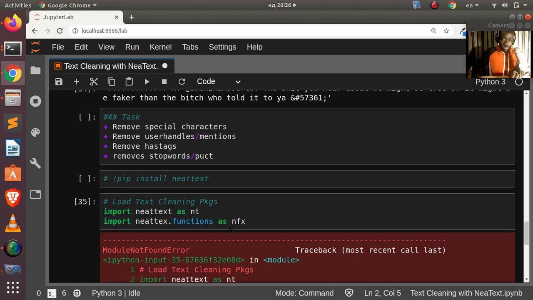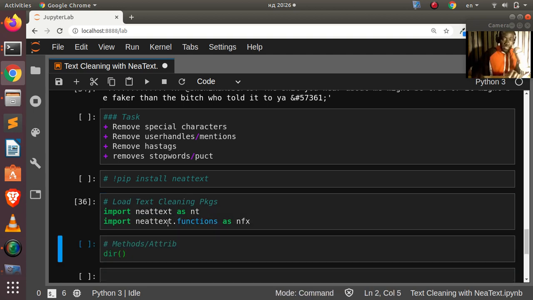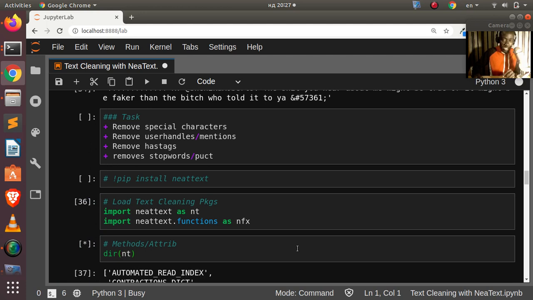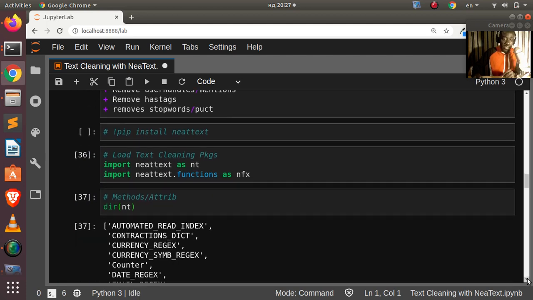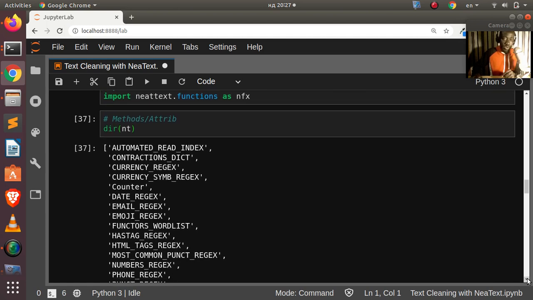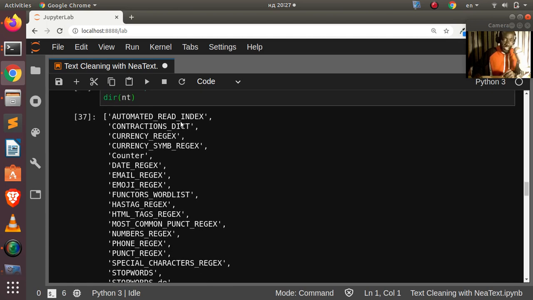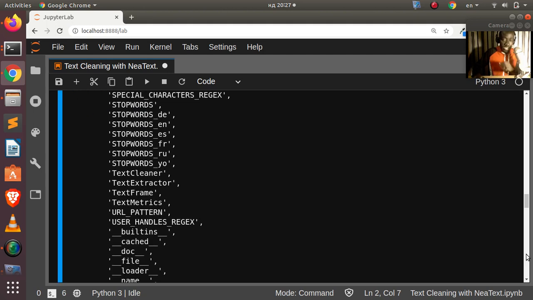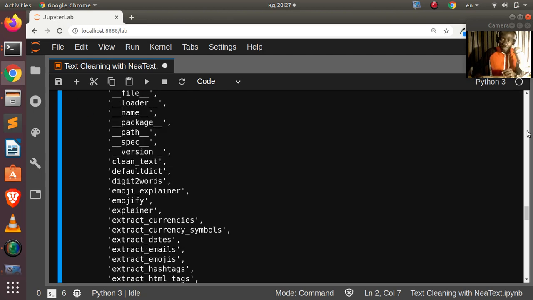Perfect. So it's giving us an error. NeatText, we made a mistake in the spelling. Perfect. So that is how it is, right? Very simple. Now let's explore it. So if I go back and check out nt, the NeatText, you can see that it's giving us a lot of features, right? It has the various regular expressions for automated regex, contractions, in case you want to work with currency in the regular expression, date regular expression, email regular expression. All of these functions are within it, and it has some